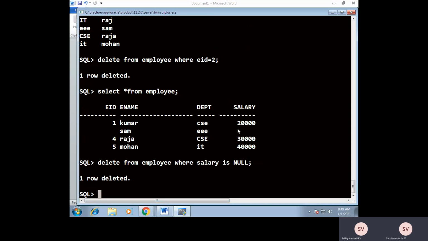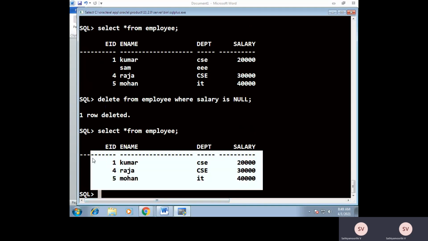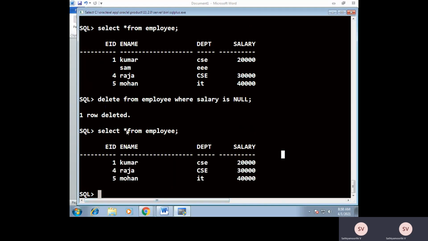Here, only in the second record do we have salary equal to blank. Blank means null, so that record is deleted from the table. It will search for records having null values under the salary column and delete those records. So now you have these three records. That is the purpose of the delete command.